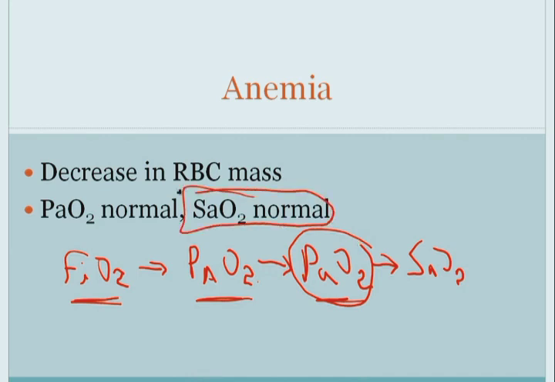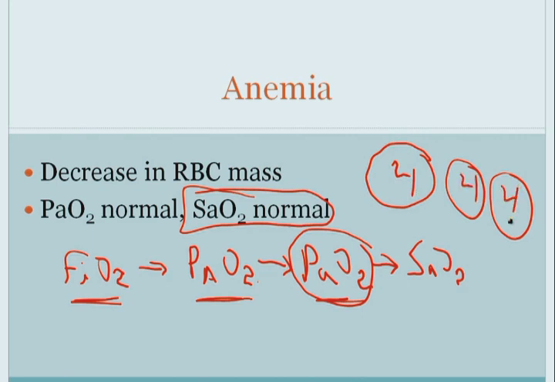And the reason the SaO2 is normal is because the SaO2 just looks at what percentage of the hemoglobin is bound by oxygen. So let's just pretend that I've got 3 red blood cells in my entire body, and each red blood cell is carrying 4 molecules of oxygen. In that case, I'm 100% bound because each cell has the ability to carry 4, and each cell is actually